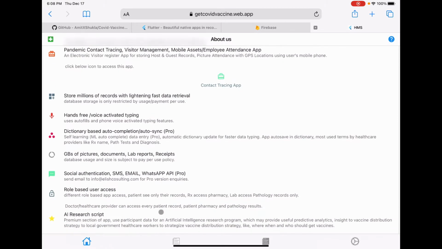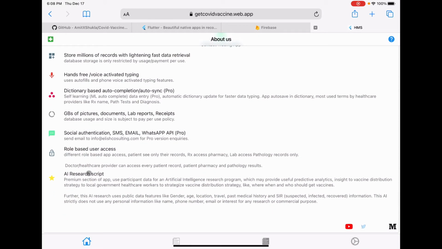The third part of this application is only for research purposes. My team is working on an AI research script. What that script does is read the user's data, not the personal data. So data like your age group, your gender, the place you are living in, the family household, that kind of thing, and whether you have been exposed to the pandemic or COVID virus.